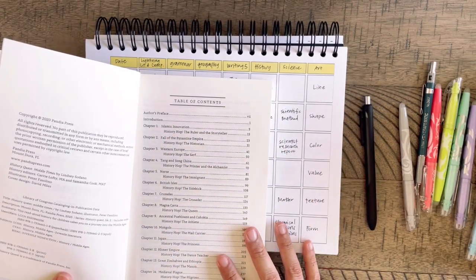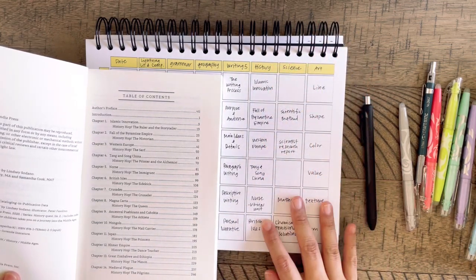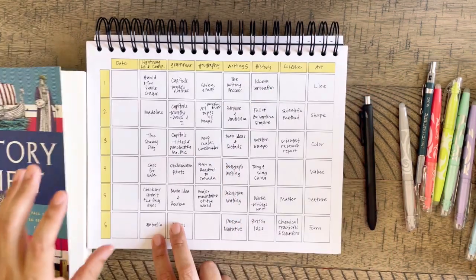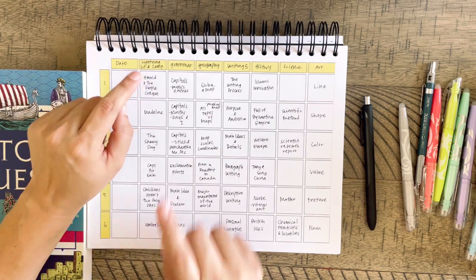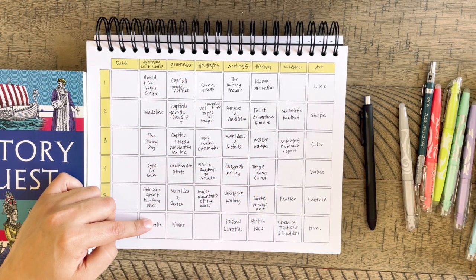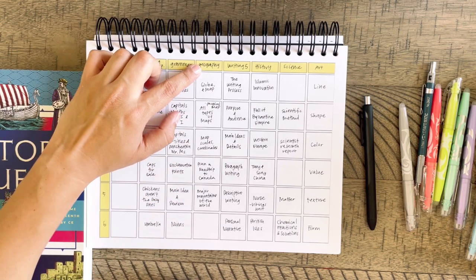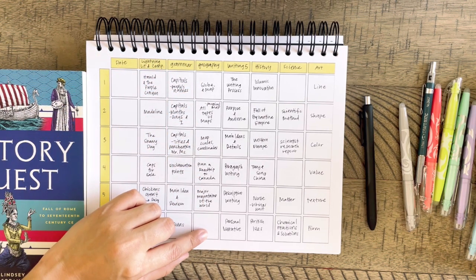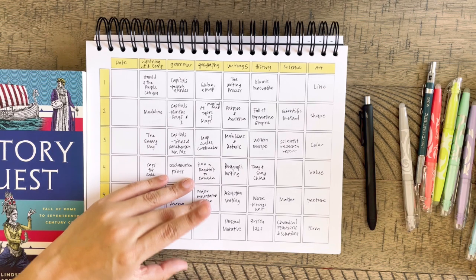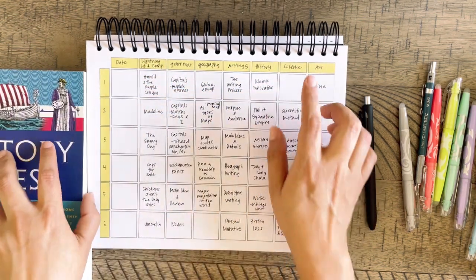So I am just adding these lessons onto each little square here for each week. Then I mentioned these two columns are for my rising second grader. We are going to be using literature, something lit and composition. It also includes grammar. So I broke it down by the book that we are going to be reading that